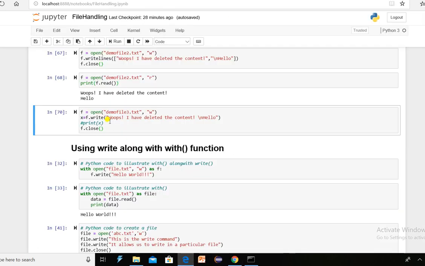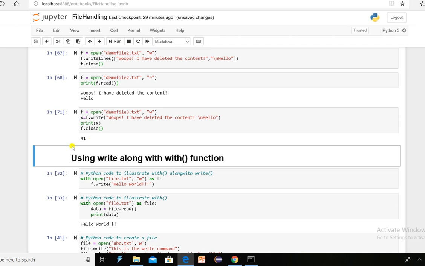Now the next thing: the write method will return how many characters you have written in a file. Of course, that will be an integer, and that integer value I am storing in x, and that x I am printing over here. So if I execute this code, it will give me 41.